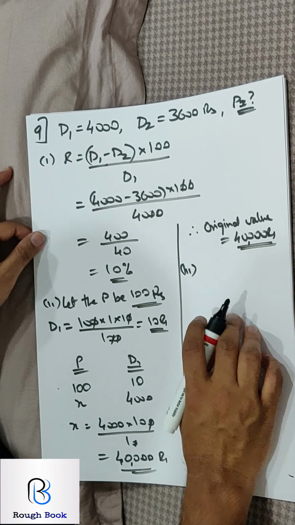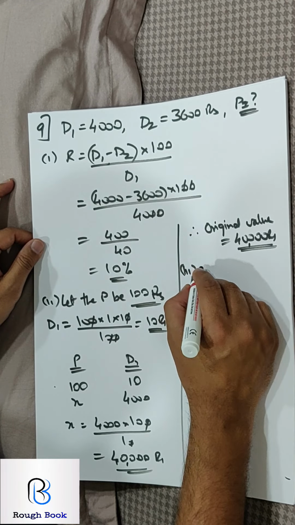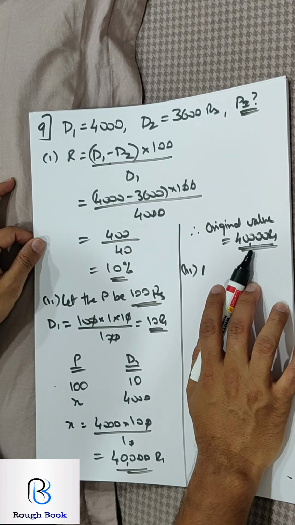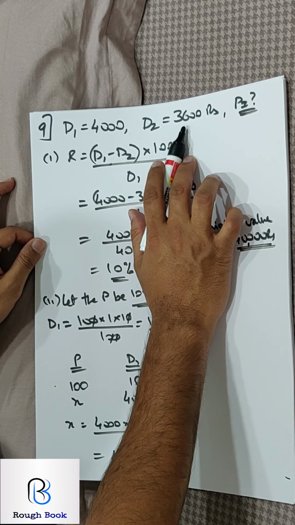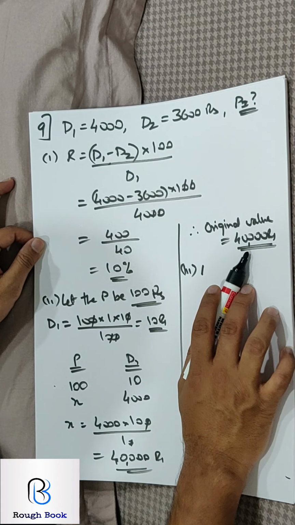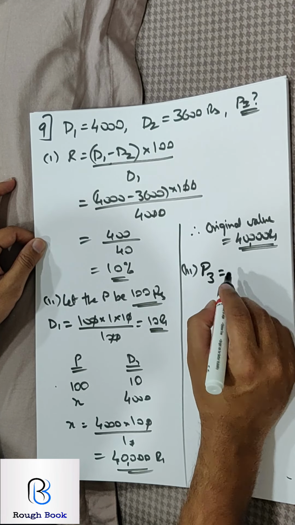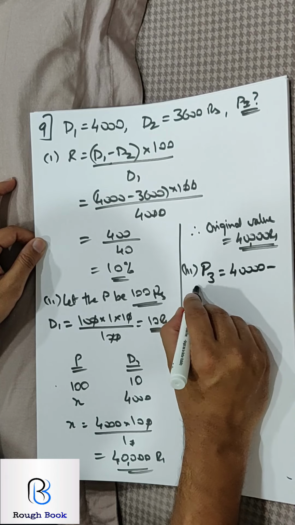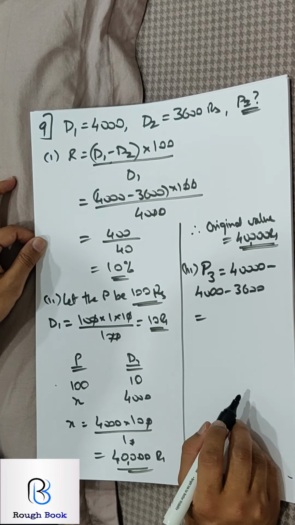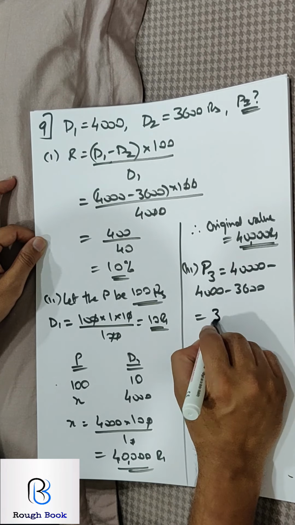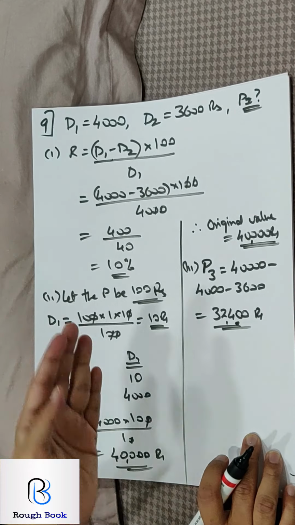Now let's go for the third part. The cost at the end of the third year. So we have already got the original value. So I will write, see, original value is 40,000. Depreciation for the first year is already calculated. Even second year is calculated. So if I subtract these two from here, I can manage to directly get the principal for the third year. Are you getting it? 40,000 minus first year minus second year. So that will be 7,600 straight away getting subtracted. So 32,400. This should be the principal for the third year.